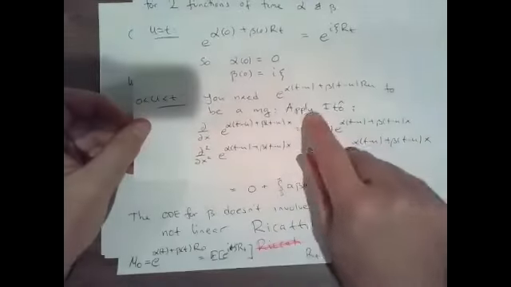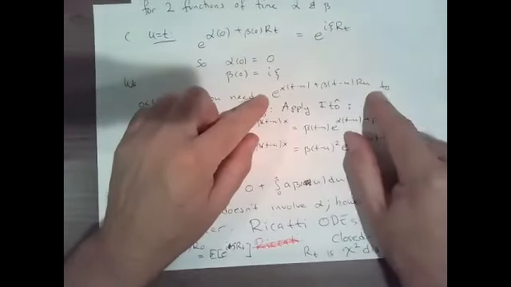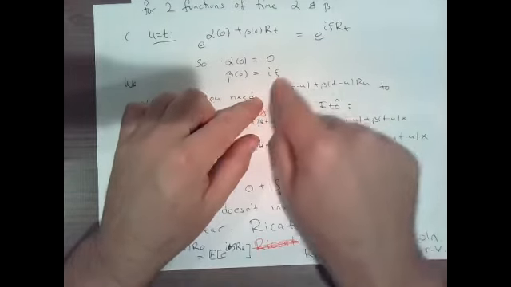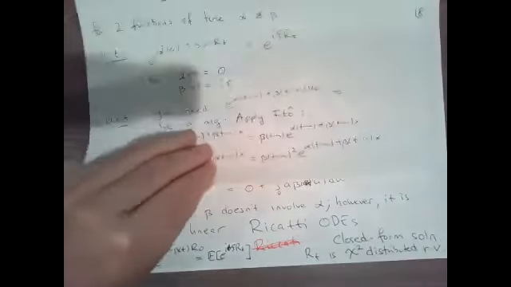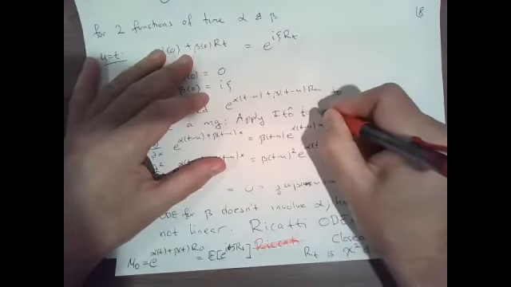Where we apply Ito, so I wrote it here, right? So to figure out whether or not this is a martingale, I need to compute the dynamics. So I apply Ito, so I should be more specific here, to compute